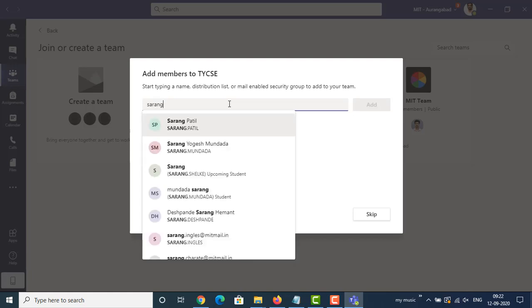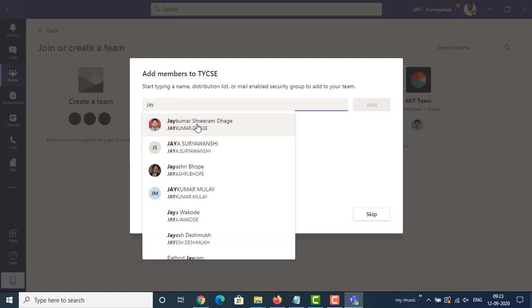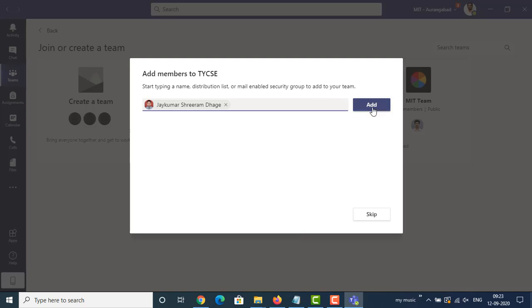Suppose Sarang Patil is a student of TYCSE class. We can simply select Sarang Patil here and click on this add button. Now suppose we want to add one more member in this group. So I will type OK and I will add this member in this team. Click on the add button.